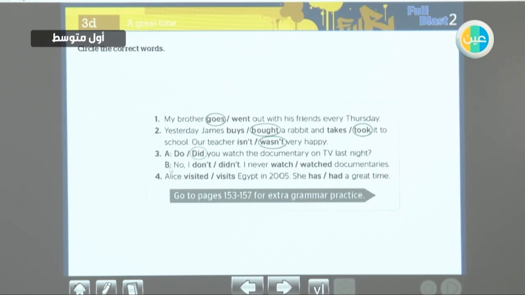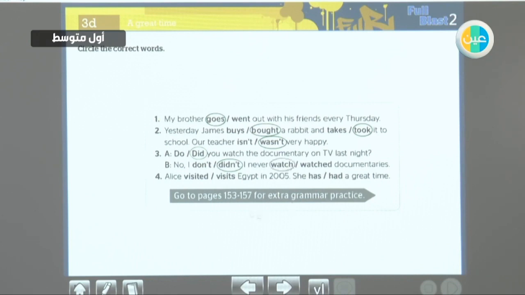The answer: no I don't, or no I didn't. As we know, the answer will be in the same tense as the question. So, no I didn't. I never watch or I never watched documentaries. Look at the expression word here, never. Does that mean as a routine? Yes. So it means the present simple tense. I never watch